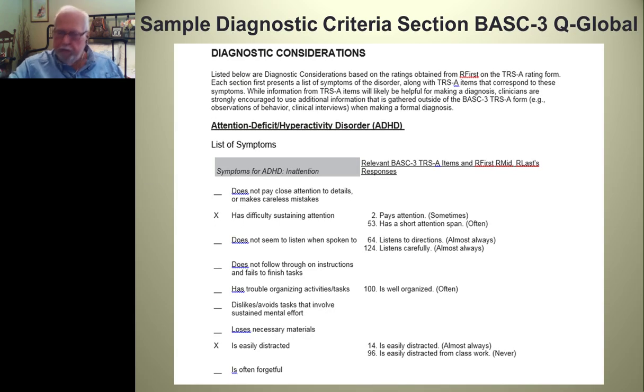On the BASC-3 reports, you'll find diagnostic considerations specific to ADHD, and you'll see that those match up on the report. And by the way, this requires a license from the American Psychiatric Association to use the DSM material, which Pearson has obtained. You can't just put DSM material into your formats. So you'll see that we match that up, and note whenever there are things there that match up to ADHD specifically.